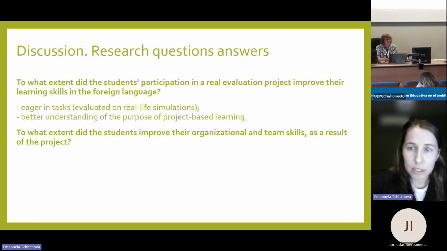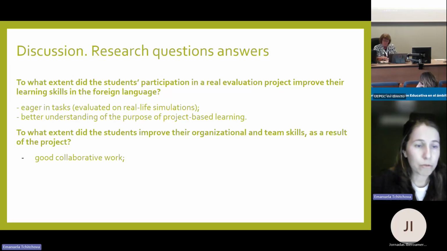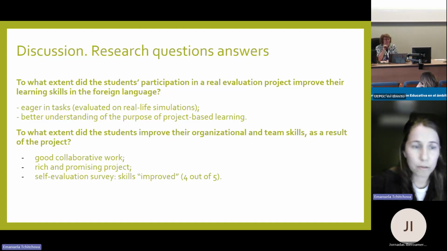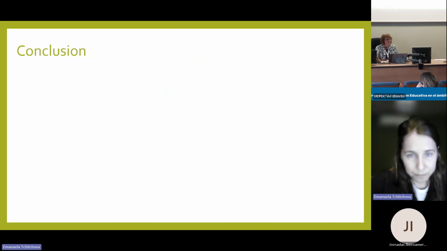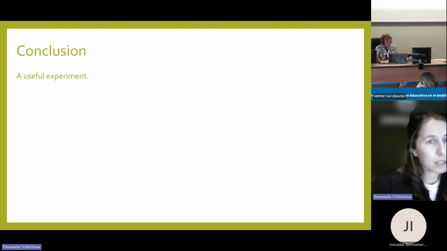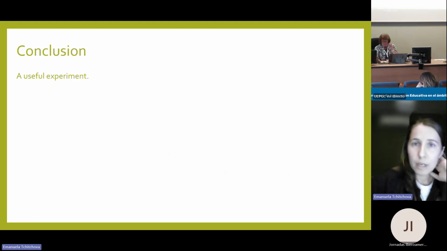About their organizational and team skills, they showed good collaborative work. They created this kind of rich and promising project that will be carried on again in the university. And their self-evaluation survey showed that they thought their skills had improved. 4 out of 5 students indicated this. So in conclusion, the experiment proved useful for foreign language learners, for high school students, we had